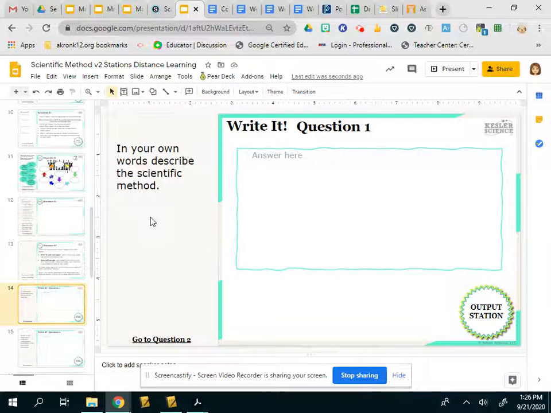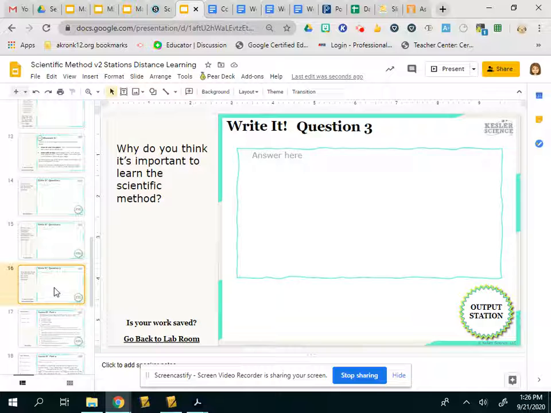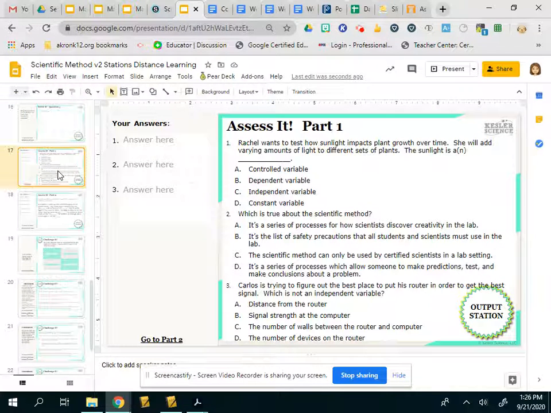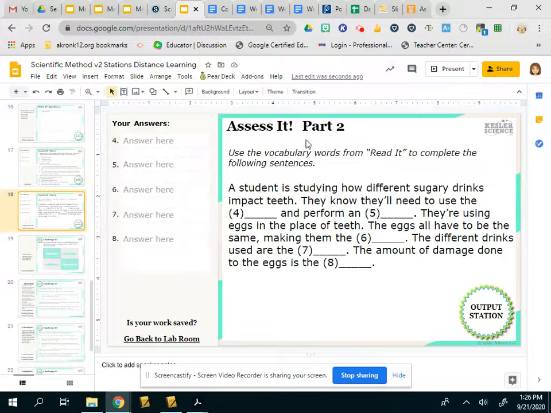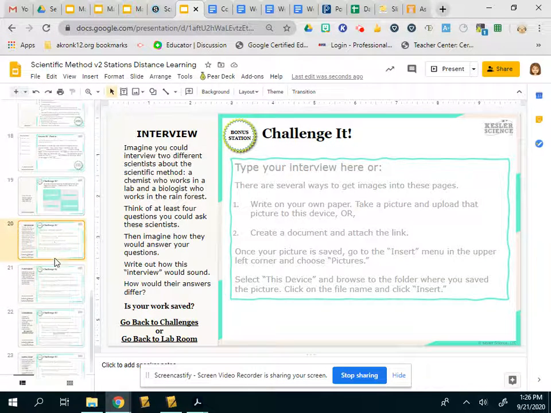So the next station is a Write It station. You're going to be answering a few questions on these 3 slides. And then we have the Assess It station. There's 2 slides of questions for that as well. And the last one is the Challenge It station, where you're going to be either doing an interview,